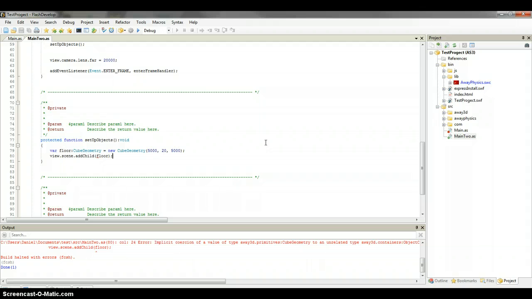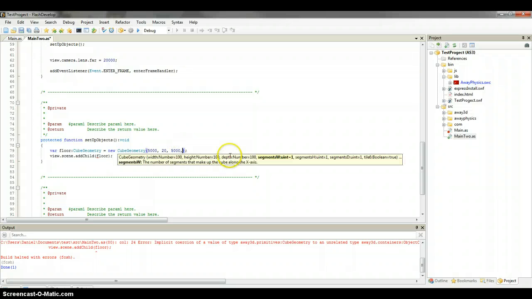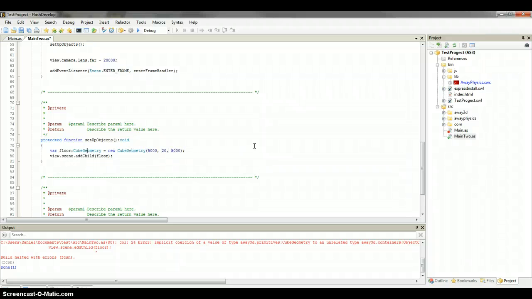Material. Oh, sorry. I figure out cube geometry. Is that segments cube axis? Okay. Sorry, I figured out what's wrong. So that gives us, rename this to floor mesh. We need to create a mesh first, and then we'll have